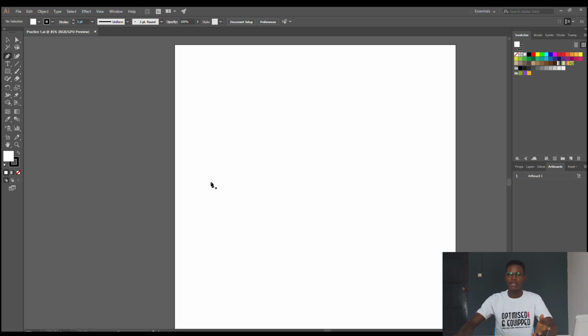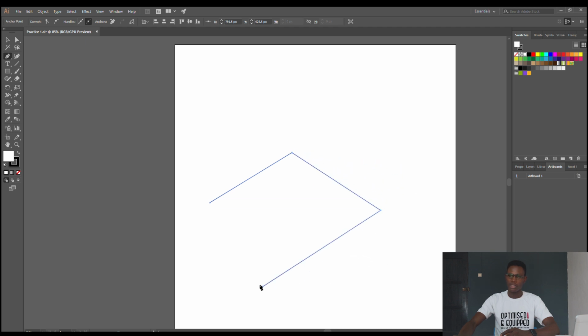So now we'll try to draw a couple of things, and first we'll be drawing a spline, and just watch the screen as I do this. So first, click on one part of your screen. You see that it creates a line. Now click to the second part, and you can see it gives us lines, and once you connect the edges, it gives you a closed shape. Now this can be converted into a shape,